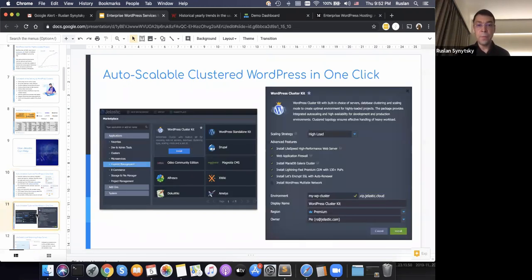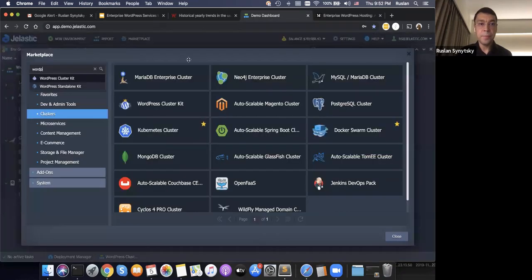So at the end, it looks quite simple. You go to the marketplace of Jelastic and you can find the WordPress package, click a button and you will see a wizard. This wizard provides several check buttons and one drop down. Let me show a demo, by the way.